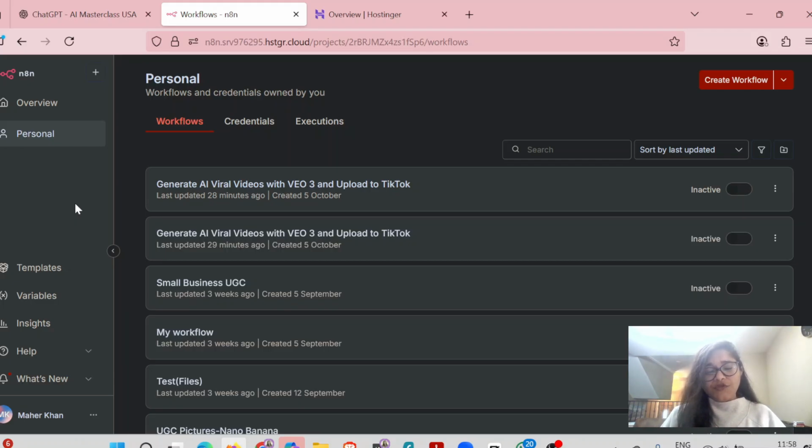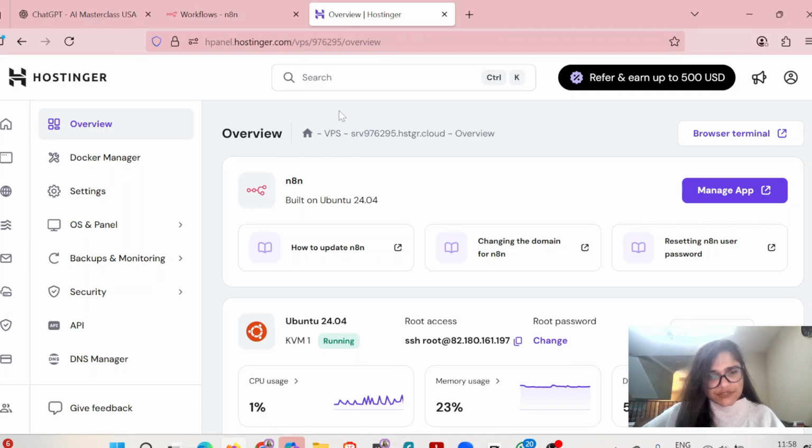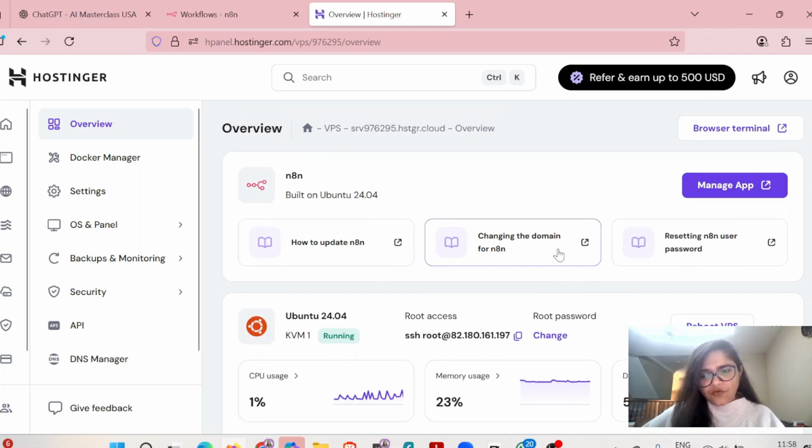So I was looking for a solution where I would pay, but I didn't want to go through it just for the free option, because when you're running on your PC, it's free, right? There is no counting of how many executions you have to pay for. There's nothing, it's all free. So then I opened this on N8N itself, but it was a bit pricey. I thought that since I'm learning, I need a cheaper option, so I bought it from Hostinger. As you can see, I bought it from Hostinger, and after the payment, everything was done, and I bought it for 12 months.